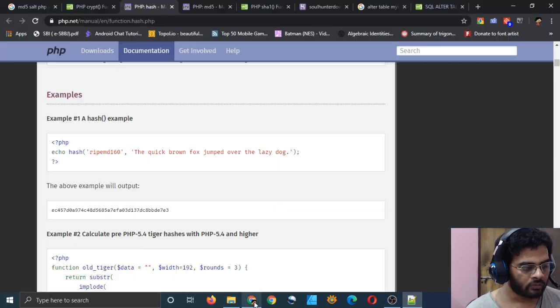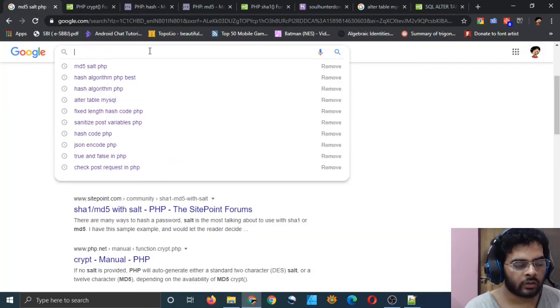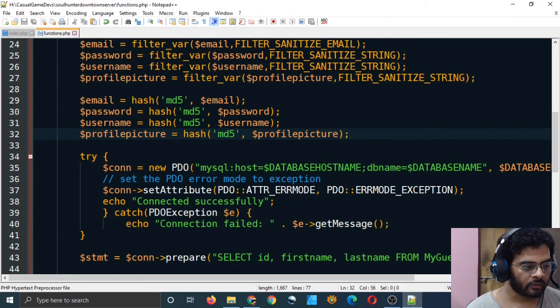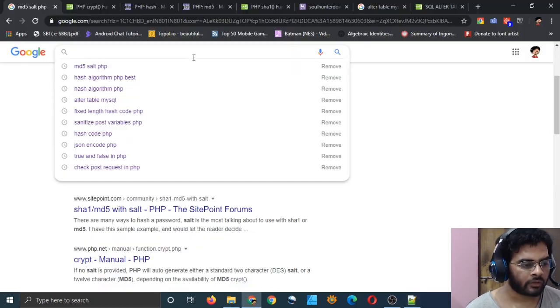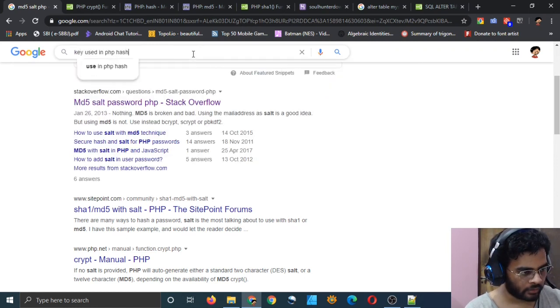But I want to learn one more thing which I don't know, and maybe you can also find that out together. Where does PHP store the key which is used for hashing? I mean, PHP uses the MD5 algorithm, but what key does it use? Key used in PHP hash function.